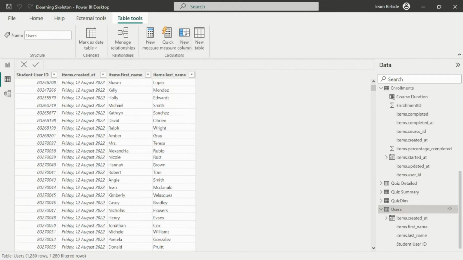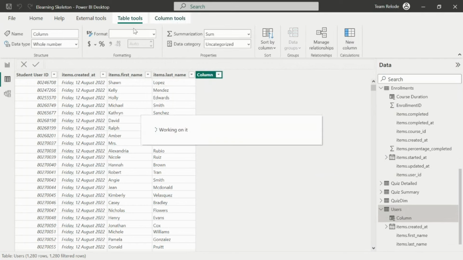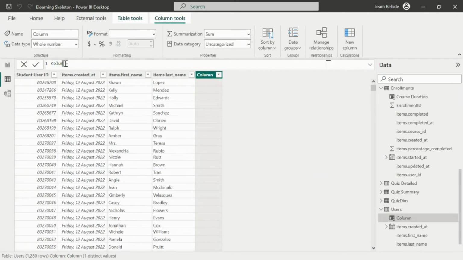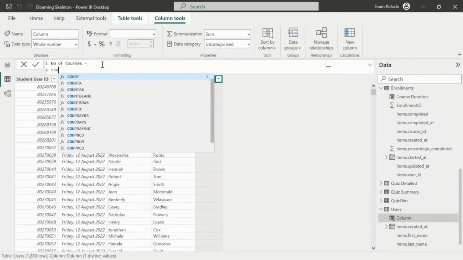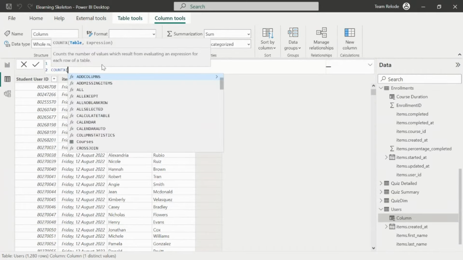To do that, you create a new column like this, and you say number of courses, and of course you want to count. So we want to do a count. Again, COUNTX. COUNTX again wants a table. The table we are going to